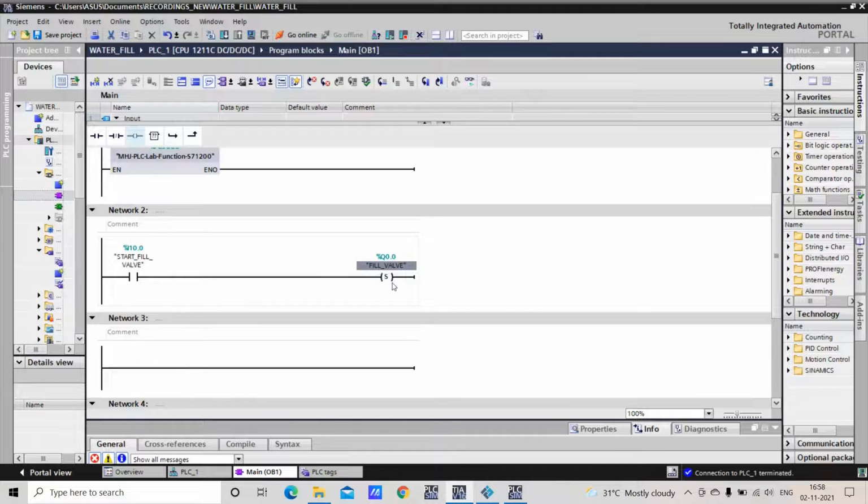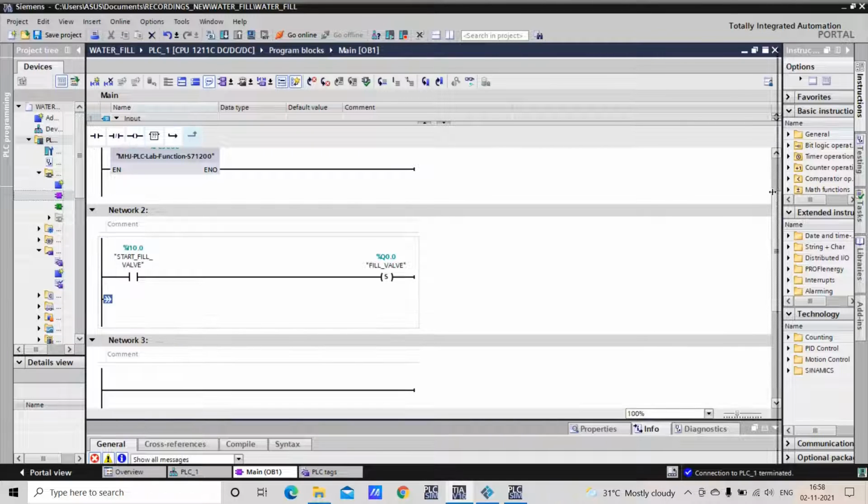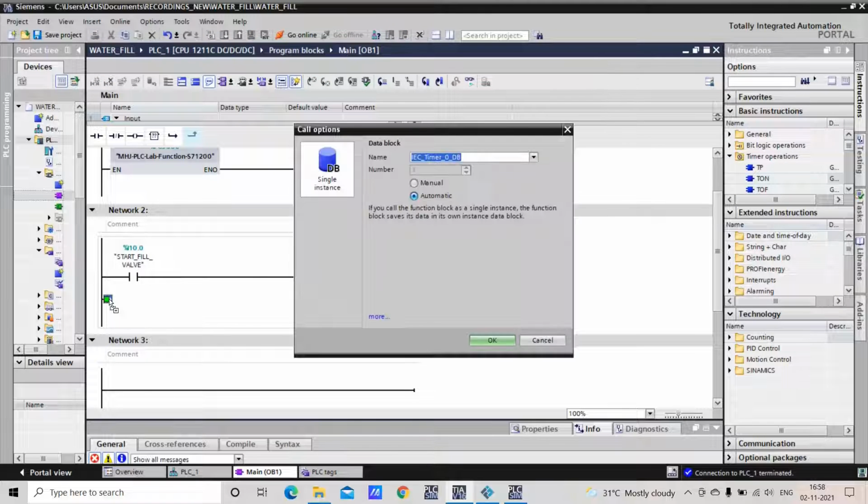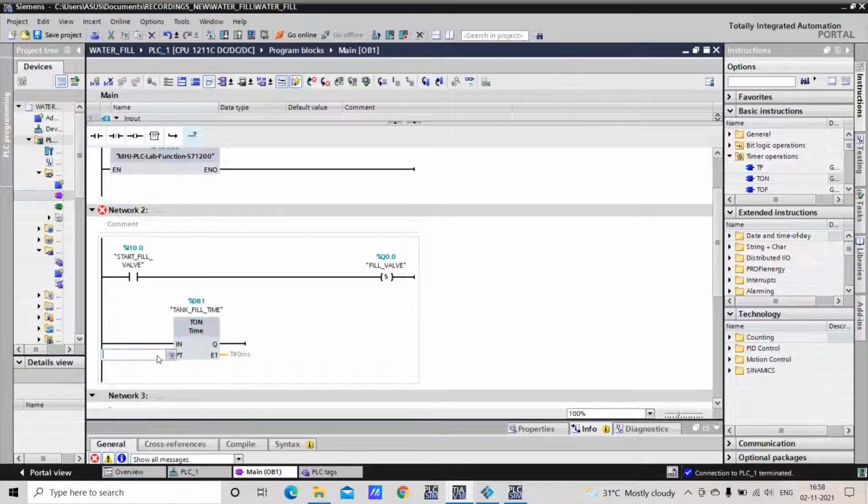Now whenever it starts, it should fill the water in the tank for a particular period of time, correct? So here we are going to use our on timer. Whenever I press this valve start button, or whenever I energize this valve, the water should fill in the tank for 10 seconds.